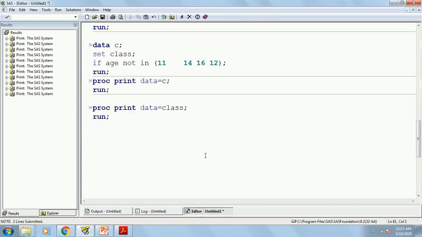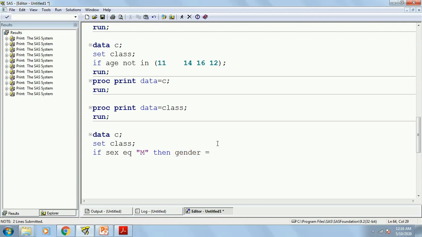Okay, so how to do that? Again, write data equals to C and set class, that is my source. I can write if sex equals to M, then I want to create a new column. You can write gender equals to.